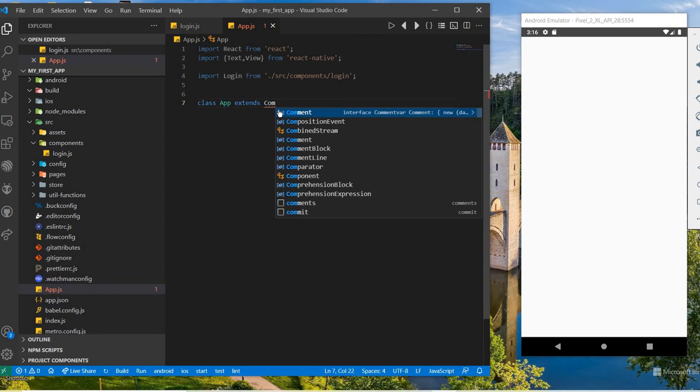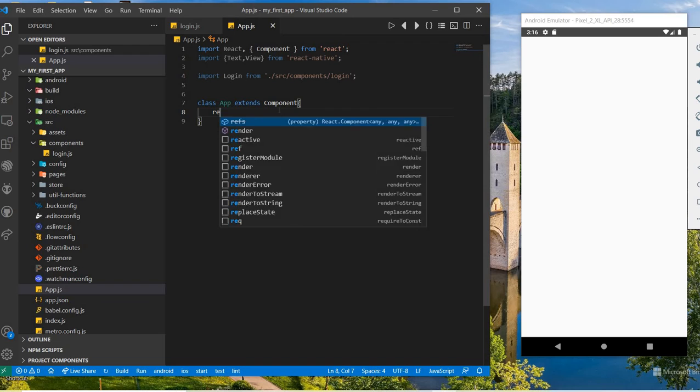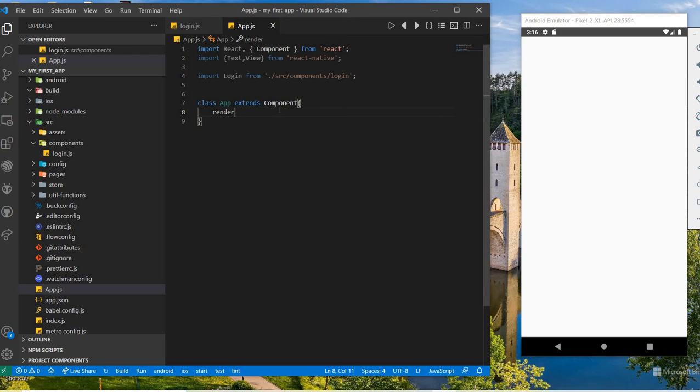We need to extend the Component like this. In the class component, there must be one method, which is render. So we have finished the class component. Now what should be the return in the class component?